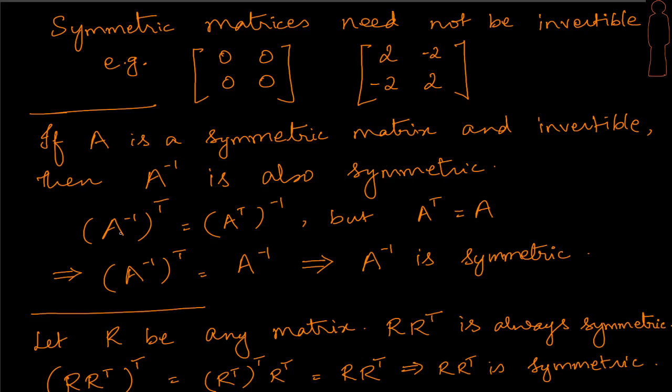Now we know this property, we just proved this, one of the properties above, that A inverse transpose is nothing but A transpose inverse. But what is given to us? It's given that A is symmetric, which means that A transpose is the same as A. So instead of A transpose, substitute this A here. And what do we get? A inverse transpose is equal to A inverse. And what does that tell us? A inverse is symmetric. That's it. That's a very simple but very neat property.